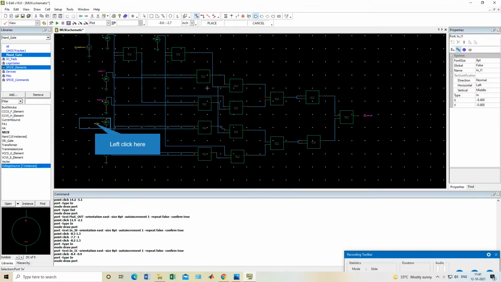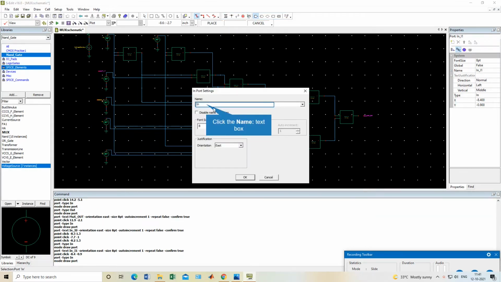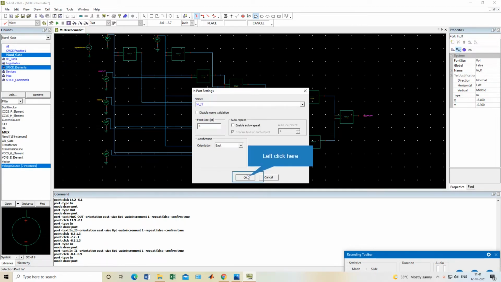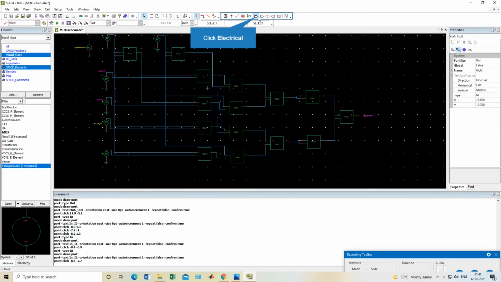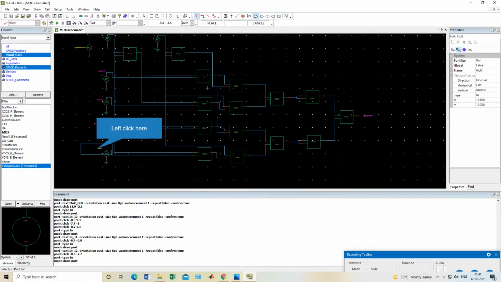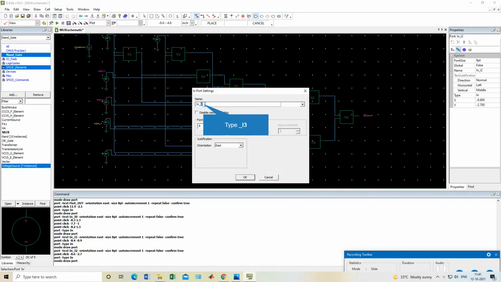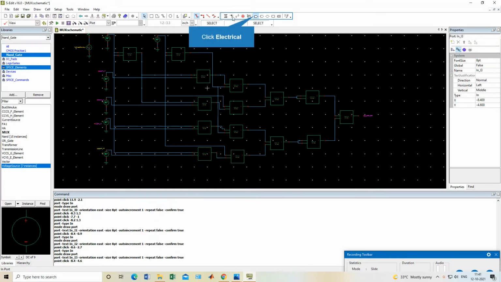Then the third one I will give in_I2, and the fourth one I will give here, which is in_I3. Okay, so this one is done.